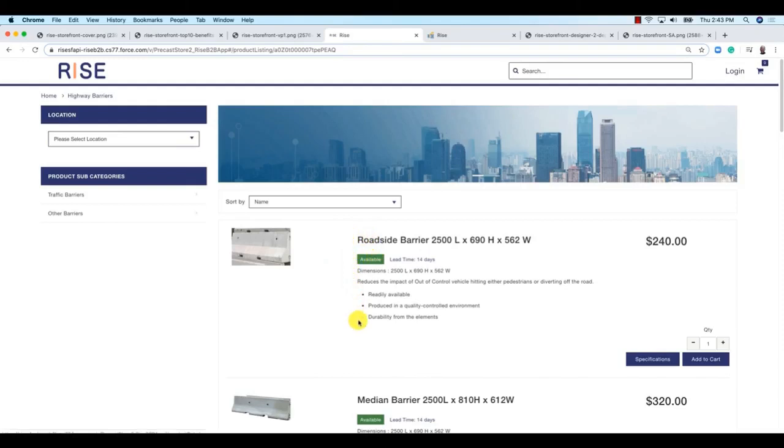This looks like a standard shopping cart experience, but in reality, based on who you are, if I had logged in as a channel partner or distributor, I would be getting my negotiated price for this product, and it also tells me, for the region that I did a search for, this is what I selected on the previous page. This is the availability lead time in that area. So this is an out-of-the-box experience. It hides the complexity under the covers.